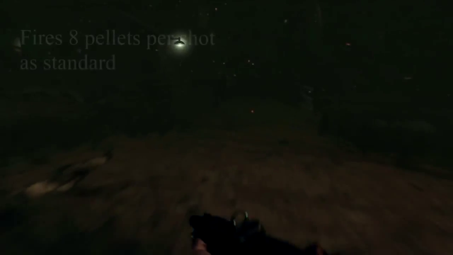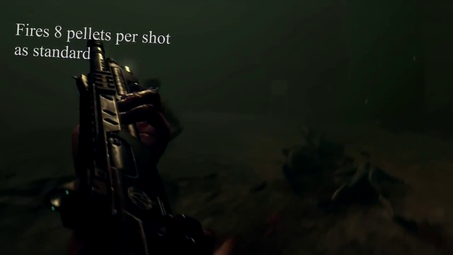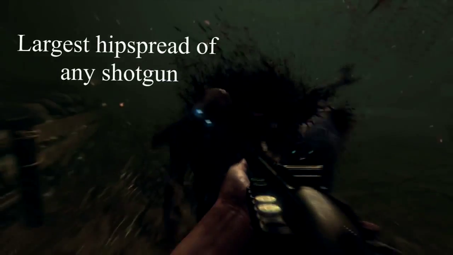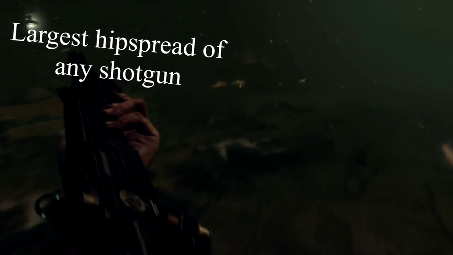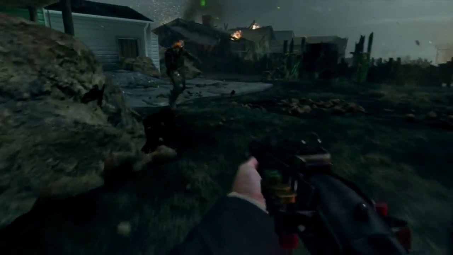Each of these shells fires 8 pellets and are very powerful, contrary to popular belief, capable of one-shot kills until the early teen rounds. The reason that the Remington seems less powerful than the Stakeout is that the Remington has a larger hip spread. This larger spread causes your pellets to divert from the intended target more often than not. To combat this, either aim down the iron sights or crouch, as each of these will reduce the pellet spread